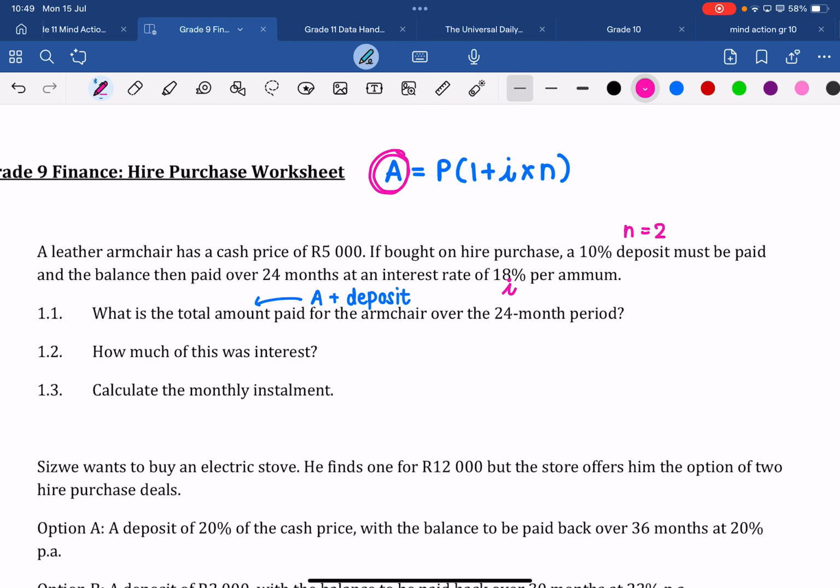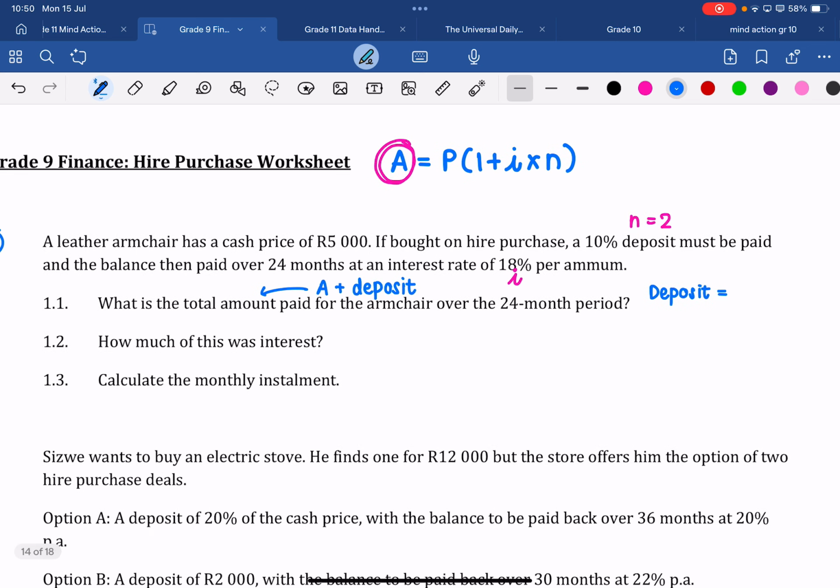So the deposit for this one, what percentage is the deposit? 10%, right? They said a 10% deposit must be paid. So 10% times the cash price, which is 5,000. So this deposit is 500 Rand. Guys, if that's the only thing that you can do, you will get a mark for that at